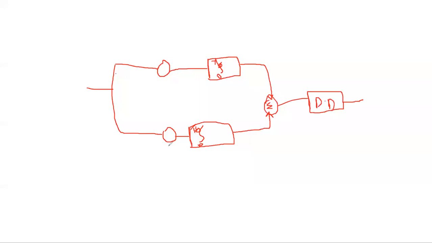Here the first multiplier is given the lower frequency carrier, A cos omega L t, the same carrier that we used at the transmitter side. So it is called coherent detection. Coherent detection means we require the carrier at the receiver to demodulate the signal; then it is called a coherent receiver. So the lower frequency carrier is given to the first multiplier, and to the second multiplier we give the higher frequency carrier,